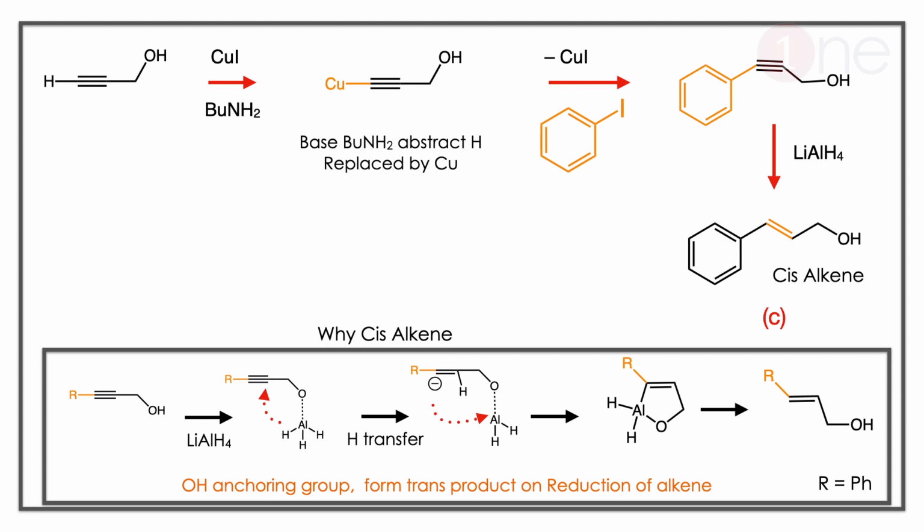Then the hydrogen transfer will happen. Once the hydrogen transfer happens, charge will be developed. So to avoid the charge, it forms the cyclic intermediate. Then the cyclic intermediate forms only the cis type of alcohol there. So the product will be the cis form. The OH group is called an anchoring group because it holds the stereochemistry there. Hence the answer will be C.